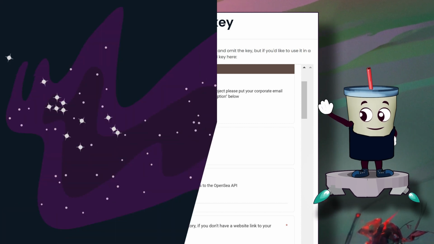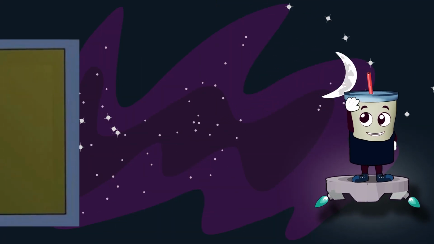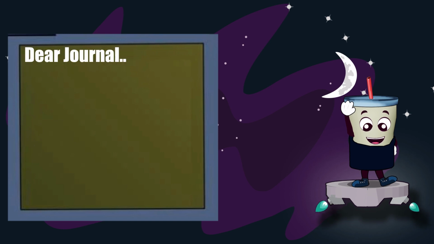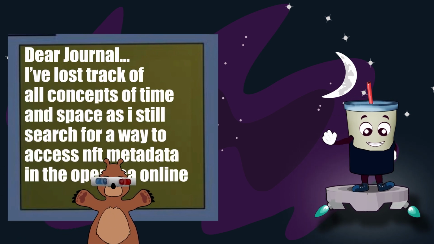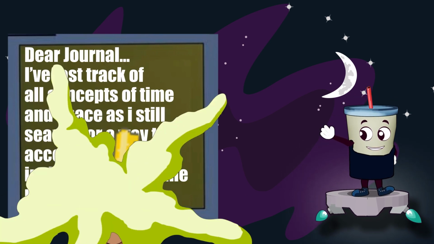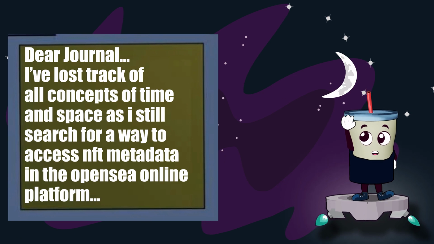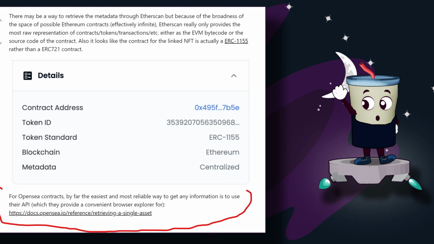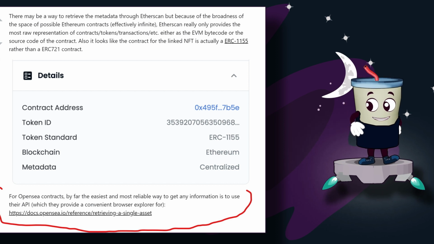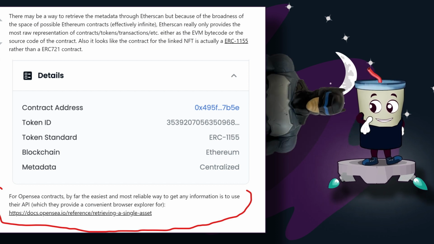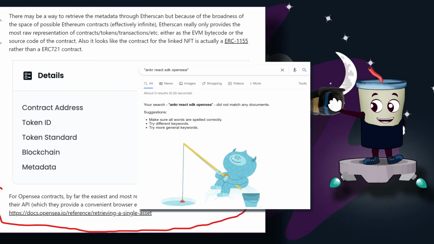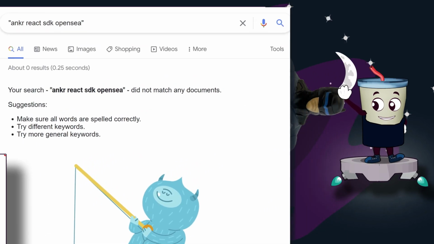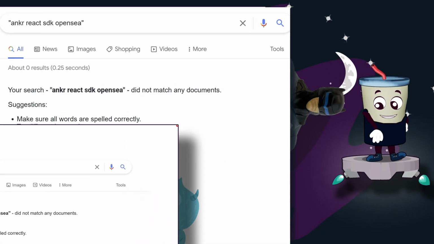It started a day before I went to sign up for the OpenSea API key. One of the challenges that I have with OpenSea is that I am unable to peek into the NFT trait data from the ANKR SDK. Therefore, the only mechanism I know of to get into that NFT information is by way of the OpenSea API. And while the ANKR React SDK doesn't seem to offer any integrations to OpenSea, I did learn something that is